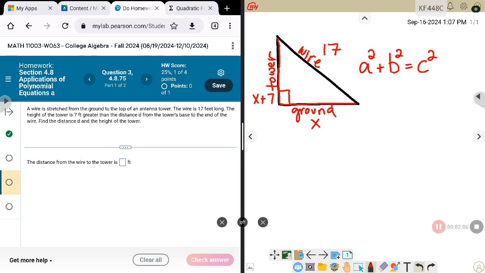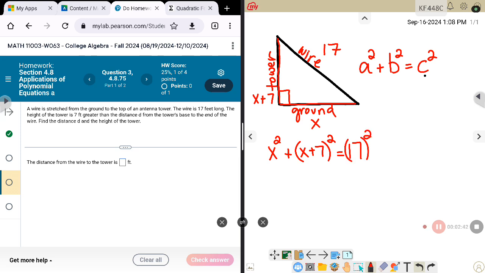The ground and the tower are the A and B side. The wire, which is the longest side, it's called the hypotenuse, has to be the C side. So let's fill in here. So let's call this ground side our A side. So it's going to be X, and then square it from the formula, plus my B side, which is X plus 7 squared, equals the C side, which is the 17